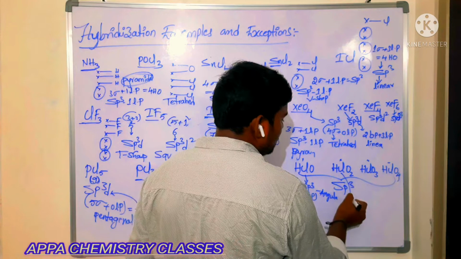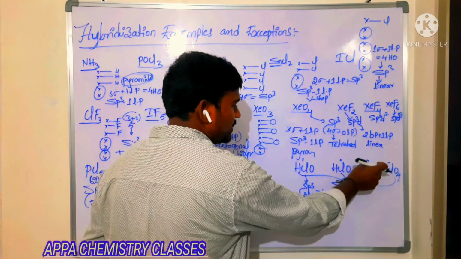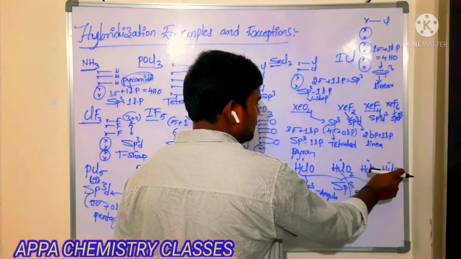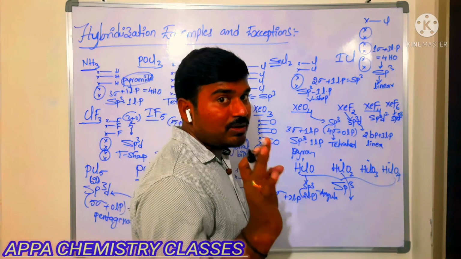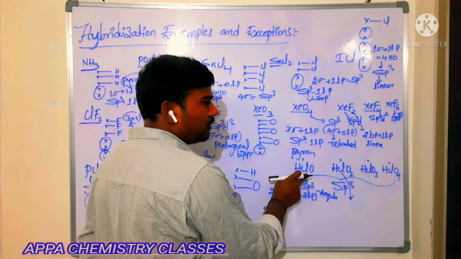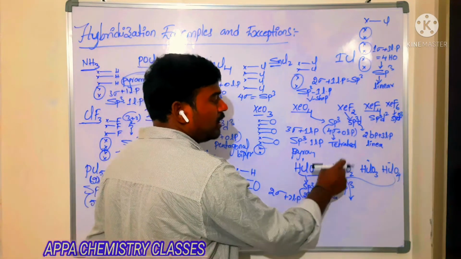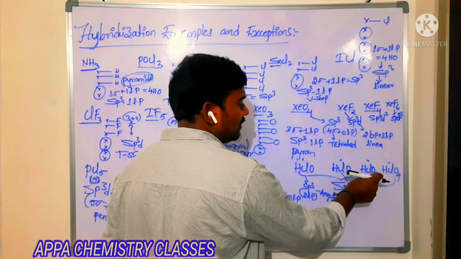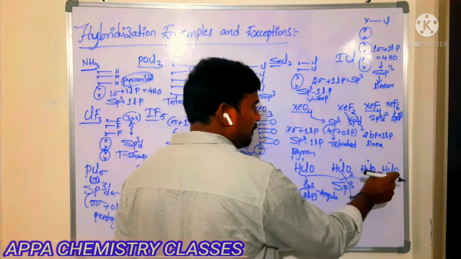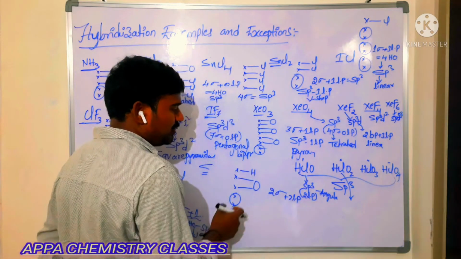Now HClO2. They are called hypochlorous acid, chlorous acid, chloric acid, perchloric acid. Simple to remember: 1 oxygen, 2 oxygen, 3 oxygen, 4 oxygen. Oxy acids of chlorine are very, very important. All are participating in sp3. Here 1 oxygen means hypochlorous acid. Remove the hypo, you get chlorous acid. Then chloric acid, and before chloric acid you write per: perchloric acid is HClO4. Is that clear? Very important and easy to remember.